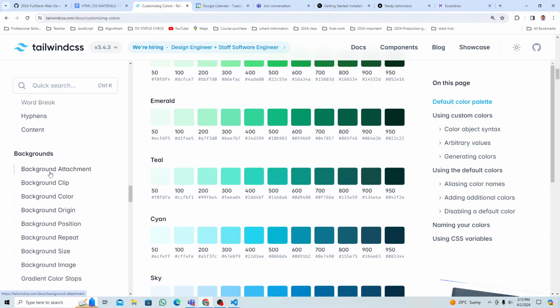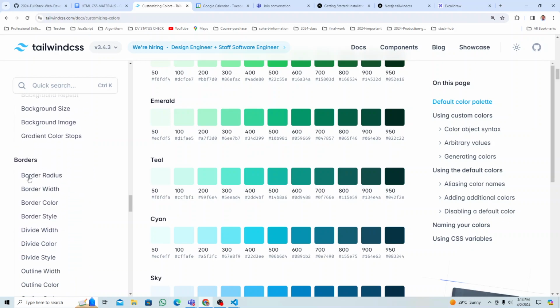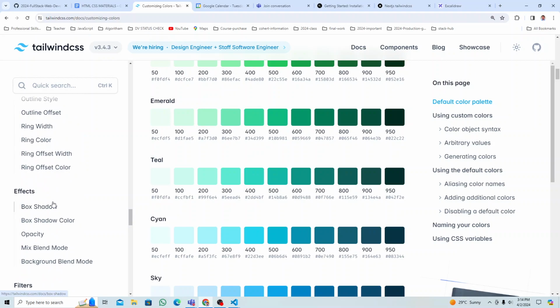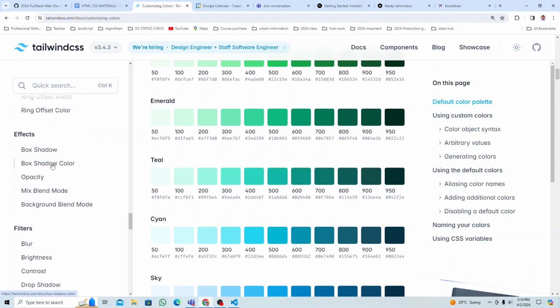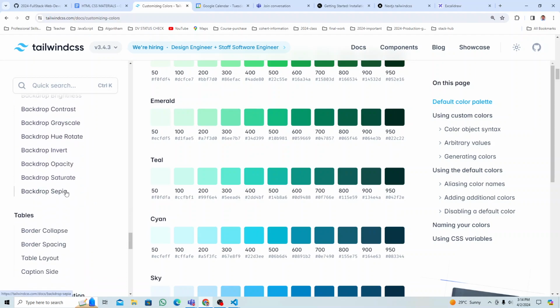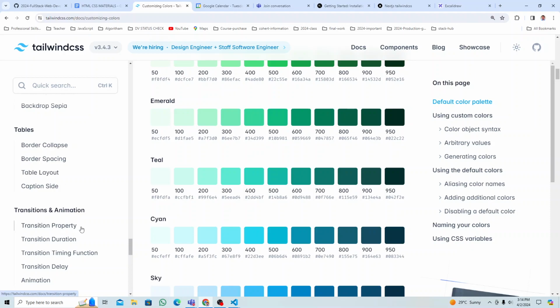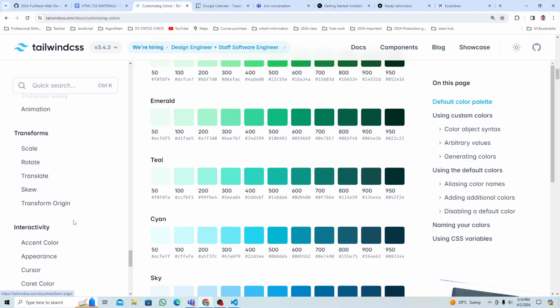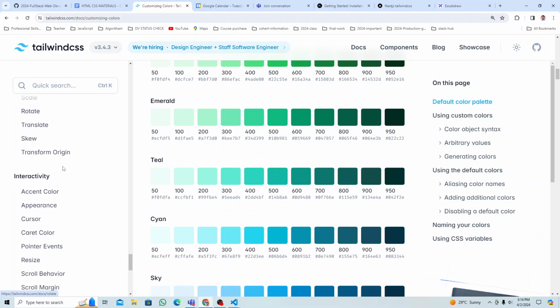So if you go here, right, click on this and try to read through, try to understand. A border, how to apply border. Effects, like box shadow or something like that, opacity, all that, right? Filter, you can add some blur on the image, something, you can use that. Table, if you want to create a table, you can do that. Animation, there is already. Text transform, uppercase, lowercase, I mean transform, right? Scale to whatever, some kind of animation. Okay,